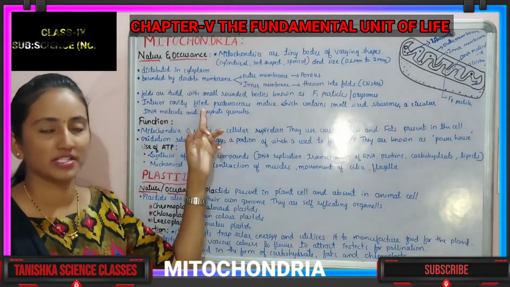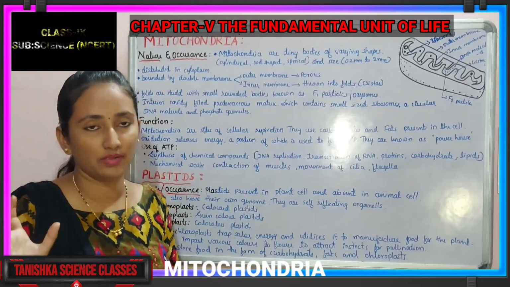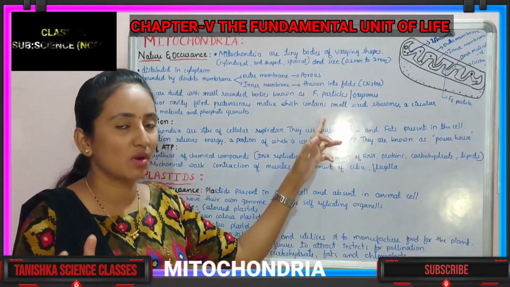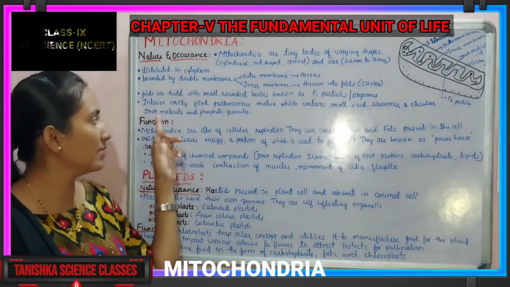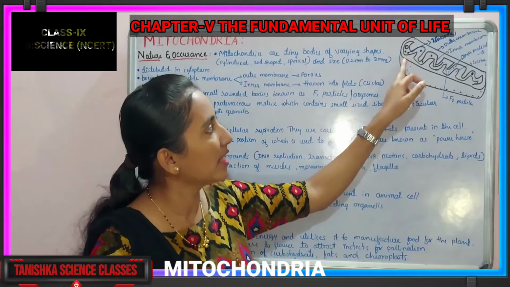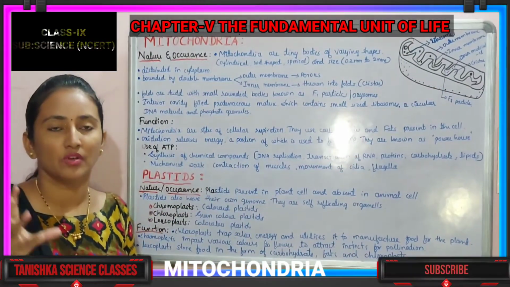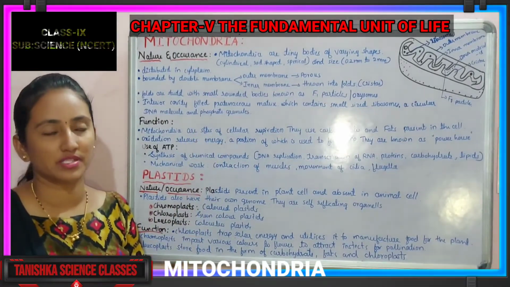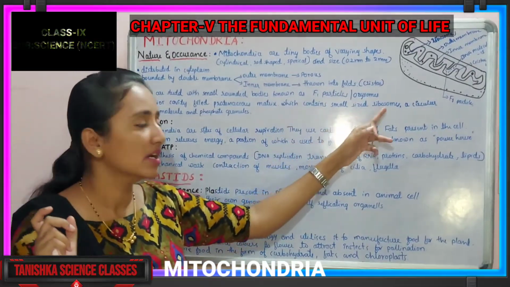That structure is called a proteinous matrix, and this matrix contains various substances in it: small circular particles called ribosomes, circular DNA molecules, and phosphate granules. You can observe here the ribosomes and DNA molecules. Those are suspended inside the fluid-filled membrane. So the proteinous matrix contains various substances, such as the small-sized ribosomes.